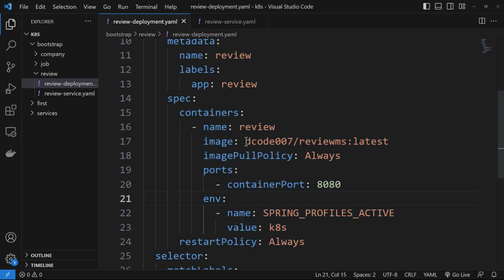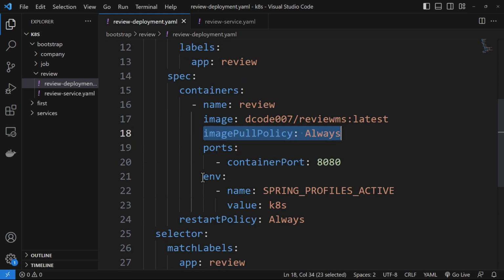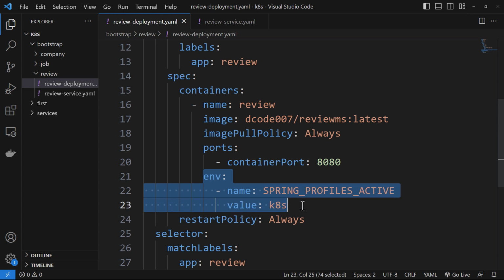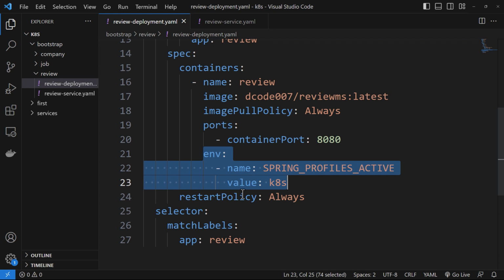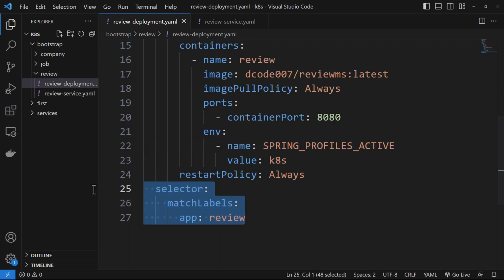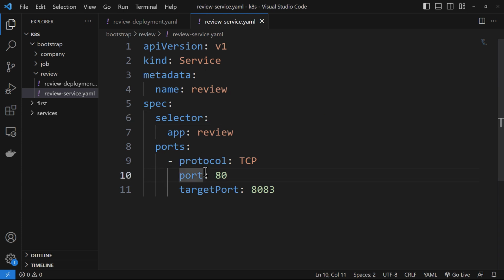And here you can see we are pulling in our image. This is the container name. We have the image pull policy. And we are also specifying the environment as to how we are supposed to run this microservice. And here in the end, we are adding a match label. Then in the review service, I'm creating a service object wherein I've specified some information as to the API version,